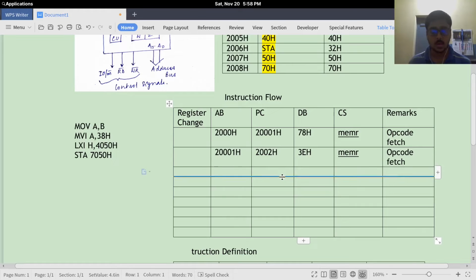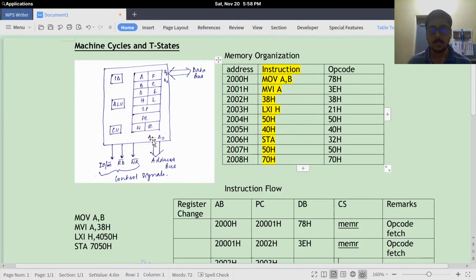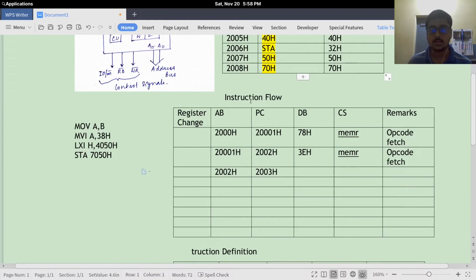Okay, so I go to the next memory location 2002H, and then the program counter changes to 2003H, and the control signal is sent as memory read. We need to read another data from the memory, which is MEMR.